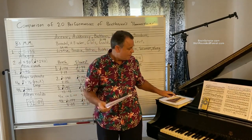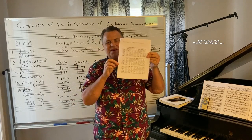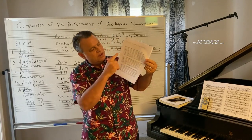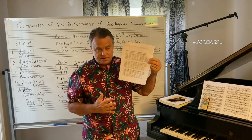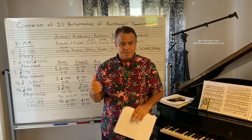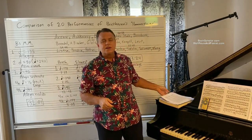And then I compiled that in tables. You'll see this when my book is finished eventually, or when the article is finished. So I put all these 20 performers' tempi for all the movements in these tables, and I came up with their durations and their exact average tempi per movement. And then I compiled a whole bunch of statistics about what I found. And this is very important because this